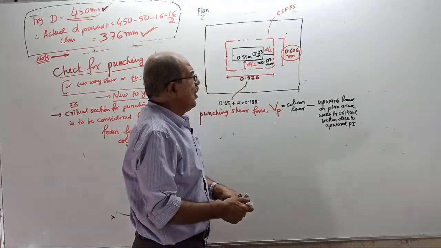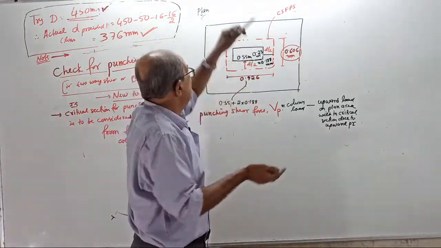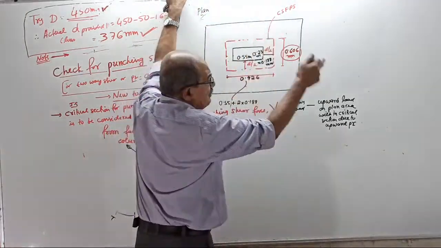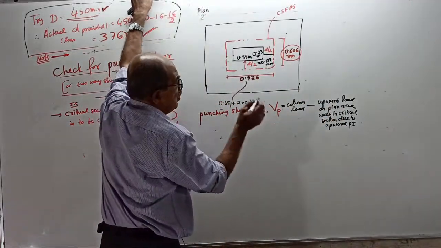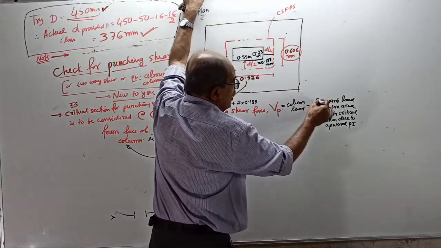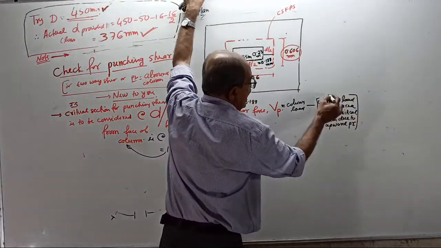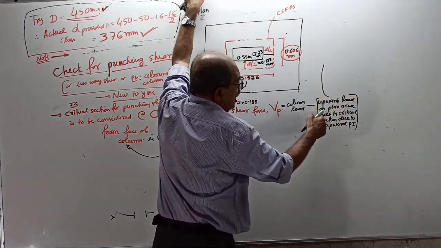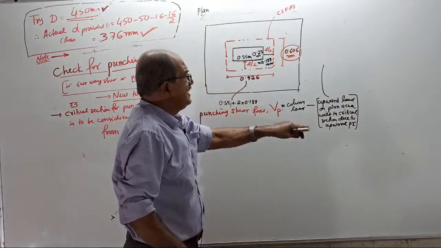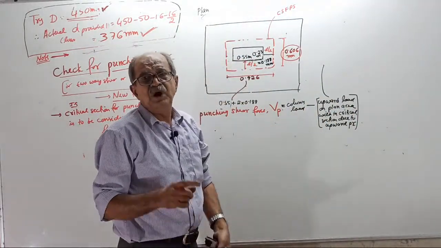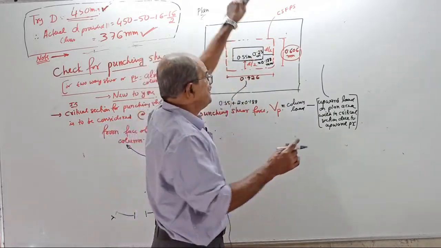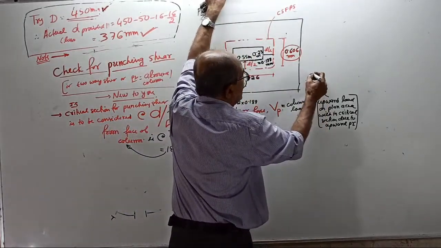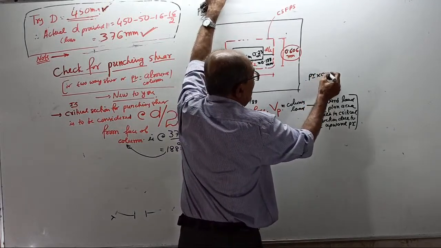Upward load on plan area within the critical section due to upward pressure. Make a small note here. Upward load on plan area within critical section due to upward pressure is, when you know pressure, the total load is always equal to pressure multiplied by